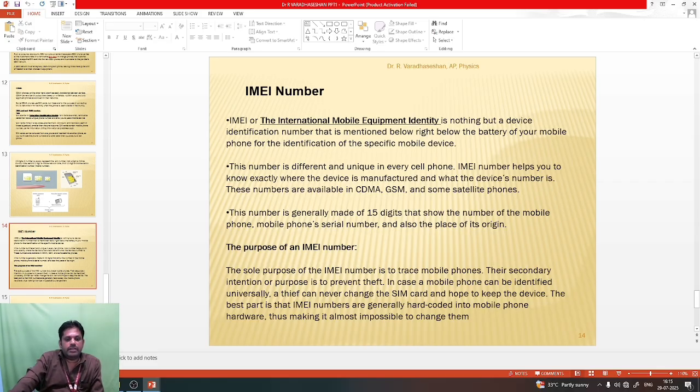So the secondary intention or purpose is to prevent theft. In the case of a mobile phone, it can be identified universally. A thief can never change the SIM card and hope to keep the device. The best part is that IMEI numbers are generally hard-coded into mobile phone hardware, thus making it almost impossible